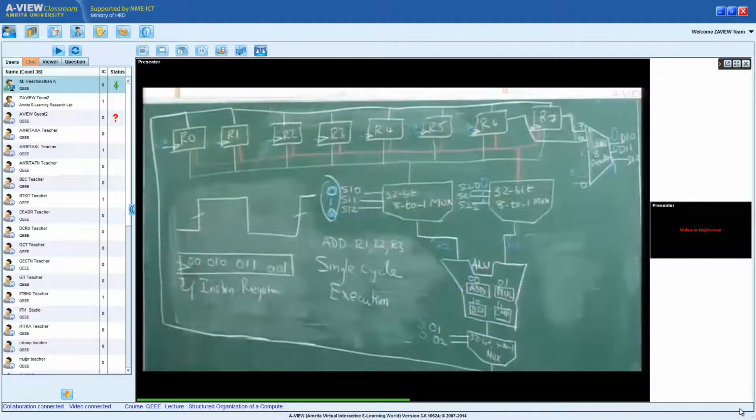So your instruction gets decoded, and in that clock pulse, this micro instruction register is loaded with this value.